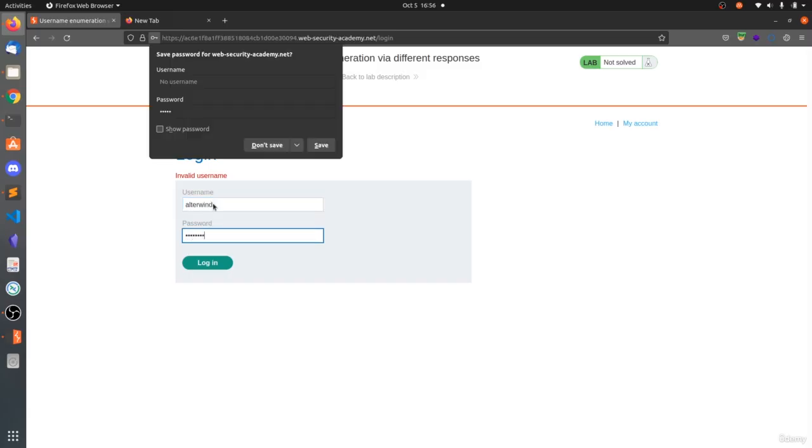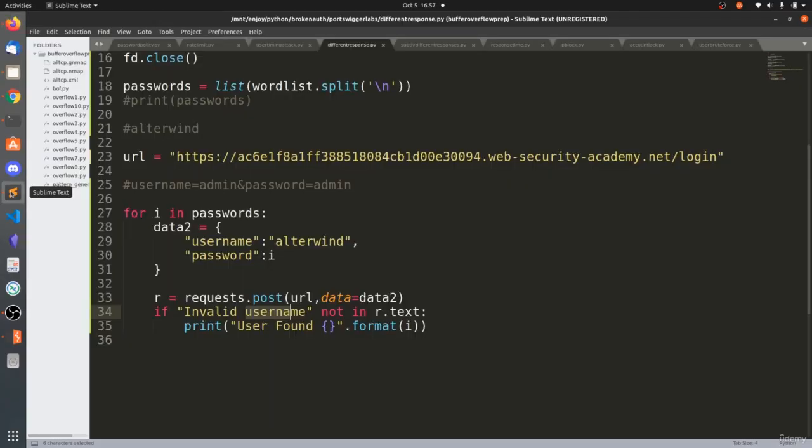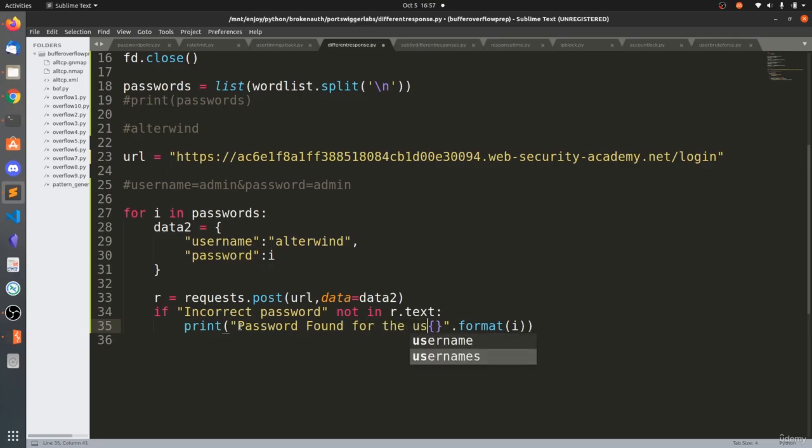Just type random and click enter, and it says incorrect password. So the error message is incorrect password. If incorrect password is not in r.text, then that means password found for the user is